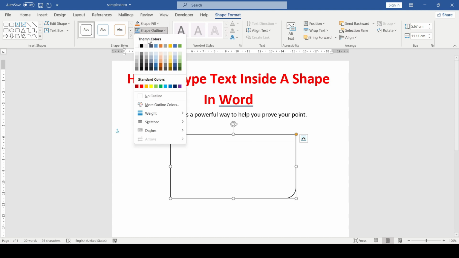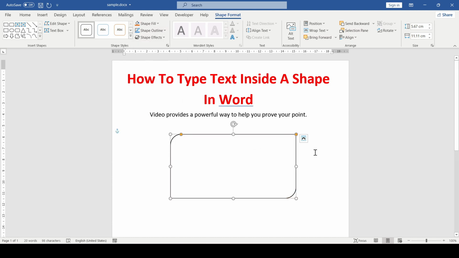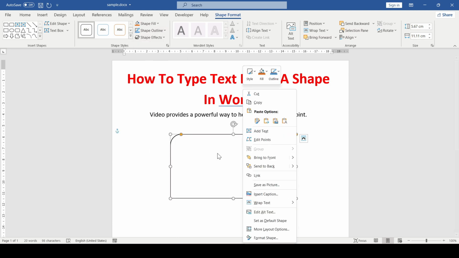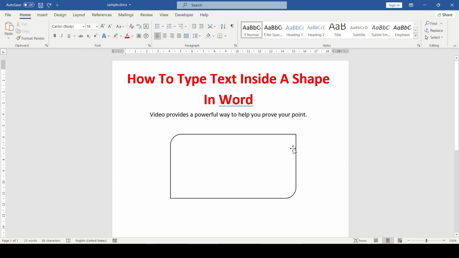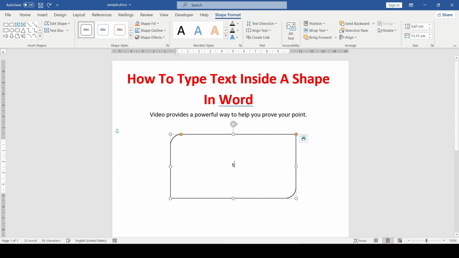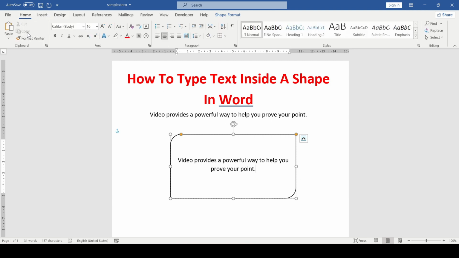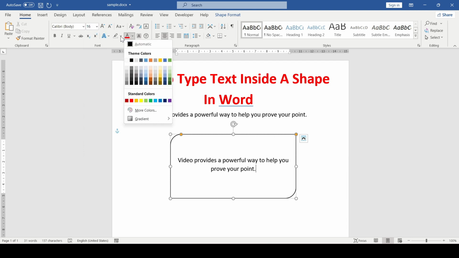shape border color. Okay, now let's add the text. Right-click on the shape and select Add Text. Now we can type text inside the shape. An alternative way to add text is to simply select a shape and immediately start typing or pasting the copied text. Great, now we can edit this text as we need, increase the font, change the color, style, and so